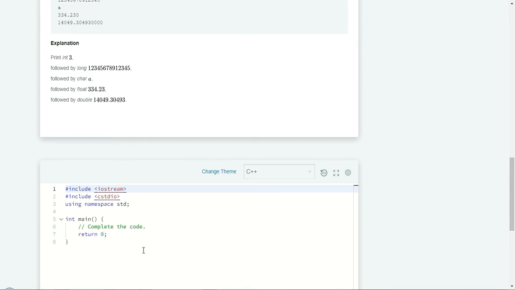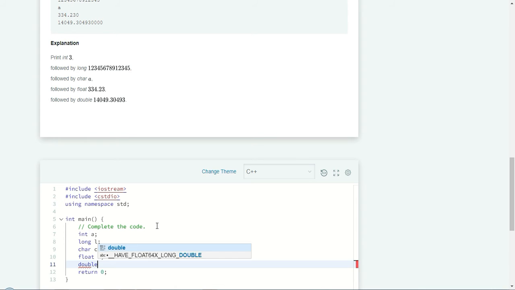First of all, go to the editor. It's our time to declare the variables. We have a variable of type int, which can hold an integer value. We have another type called long, which can hold a long. The difference between int and long is that int is 32-bit and long is 64-bit, so long can hold more data than an integer. The third one is char, and I'm going to name it c. Then we have float, which we can call f, and the last one is double, another type.